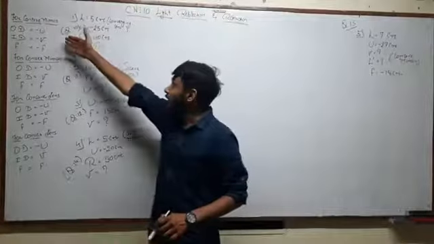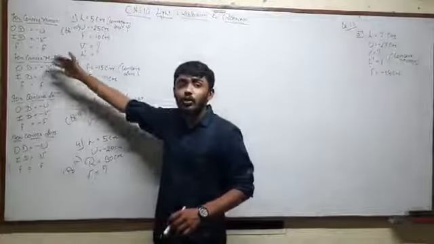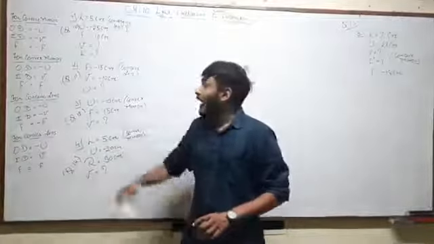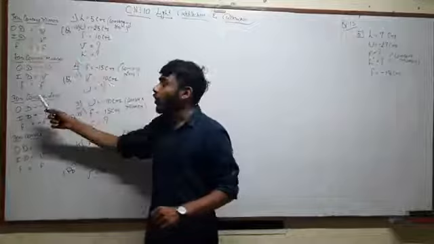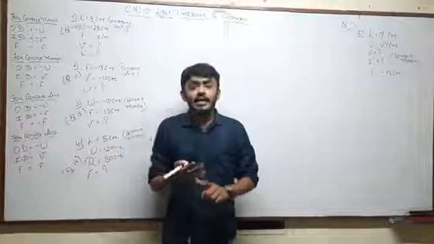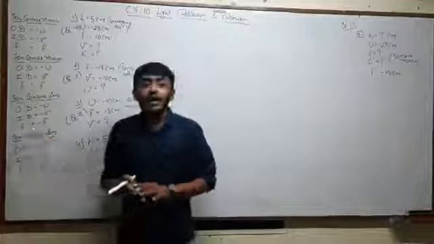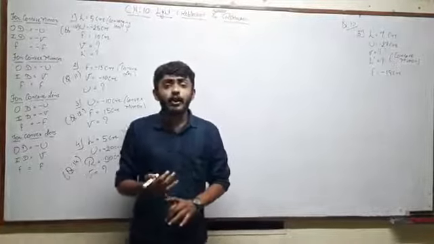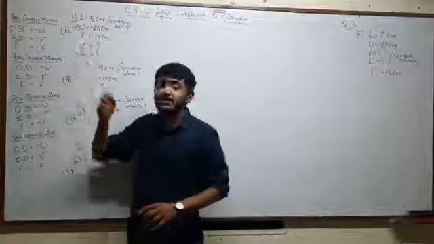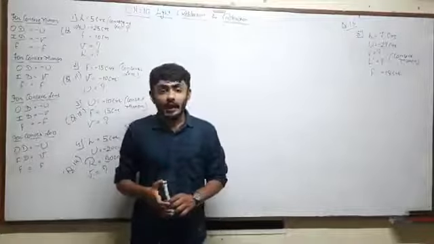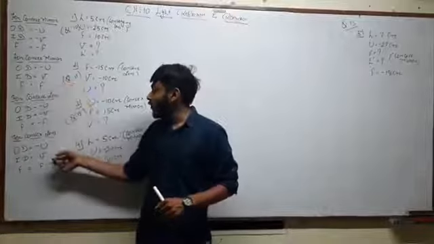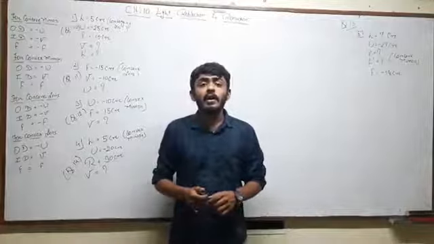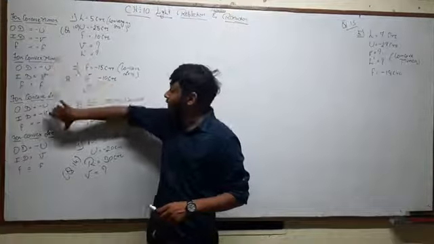Here I have also written, like yesterday, the sign equations for the mirror as well as lens. As I told you earlier, for the concave mirror and for concave lens, the object distance, the image distance and the focal length, everything will be negative. I repeat, for the concave mirror and concave lens, the image distance, object distance and focal length, everything will be negative. But for the convex mirror and for convex lens, except object distance, everything will be positive. So this will help us in the examinations.